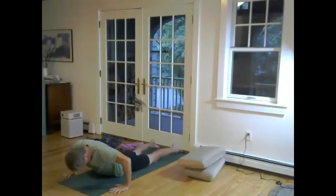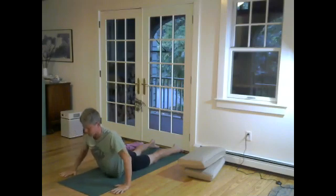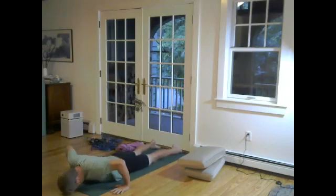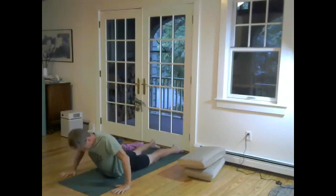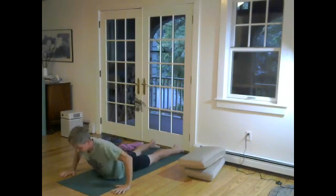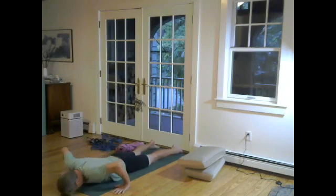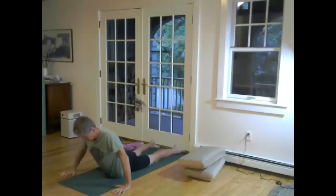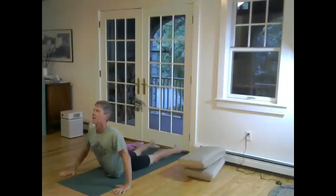Inhale, head stays down. You start to come up with the shoulders. Exhale, you reverse the shoulders and roll them back. Inhale here, and exhale, roll forward. Inhale, come up, shoulders. Start to reverse the shoulder pattern. Inhale, and exhale, roll down. So feeling the patterns of the shoulders, keeping them roll forward until you get about halfway up,